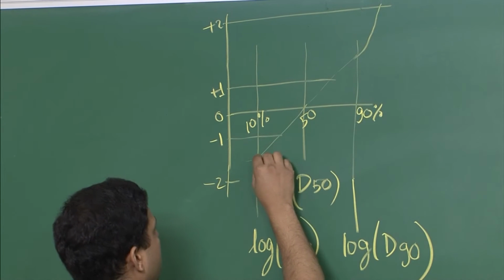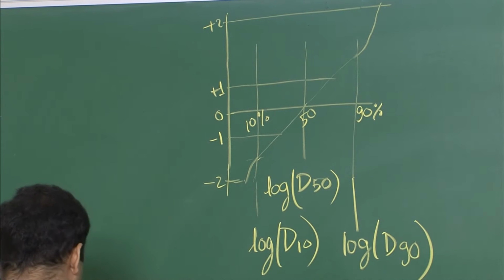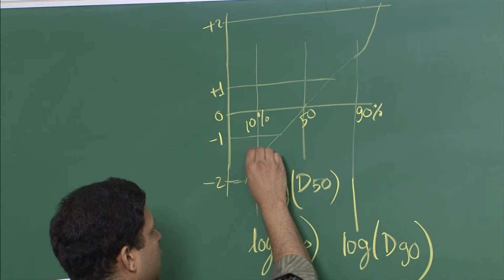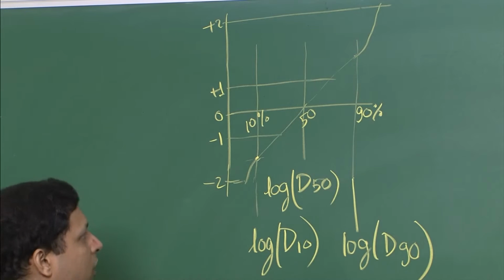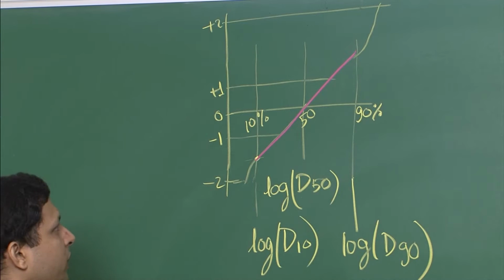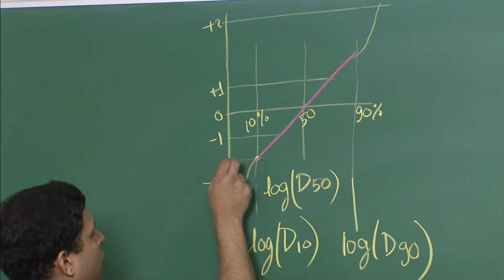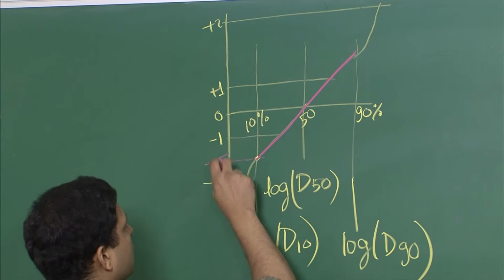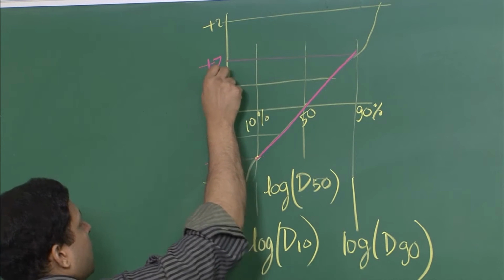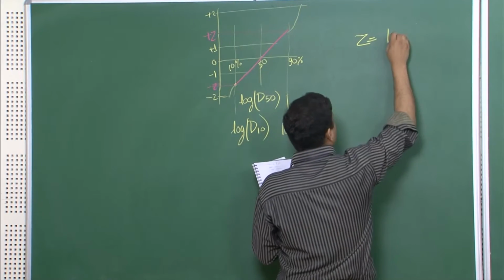So, although this is not linear, we still know that within this plus minus 2 sigma you have 95.45% data. Now, if we look at this value to this value, and let me draw it with a different chalk, which is a straight line, for this particular line we can also find the corresponding sigma value. So, there is a minus z, and over here a plus z, and it is very easy to show that this z is equal to 1.28.